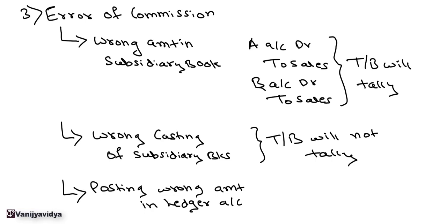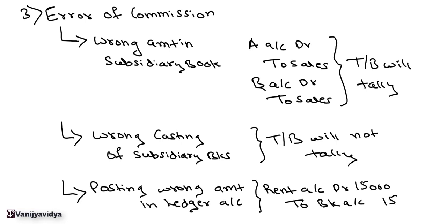So the entry, let's say there was an entry for rent account, debit 15,000 to bank account 15,000. Now while recording this entry in the cash book, the bank account was credited properly by 15,000, but rent account was debited by 51,000 instead of 15,000. Now in this case, what will happen is, your rent account is showing a balance of 51,000 instead of 15,000,